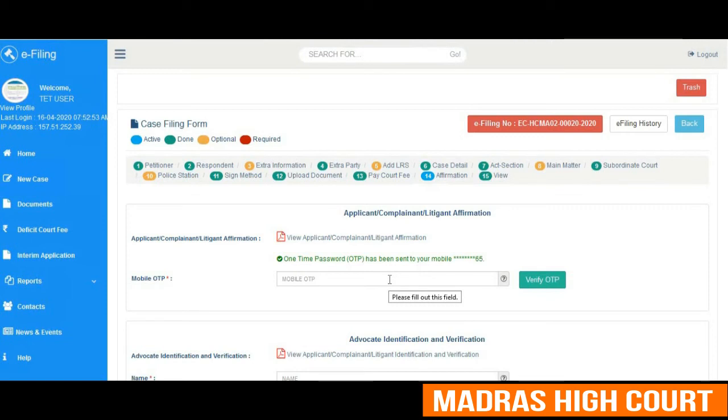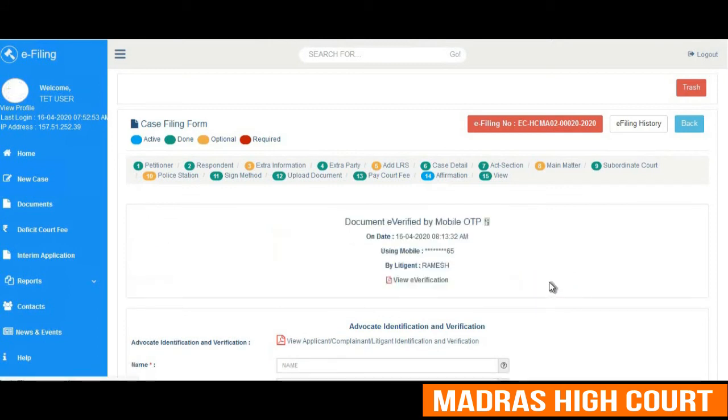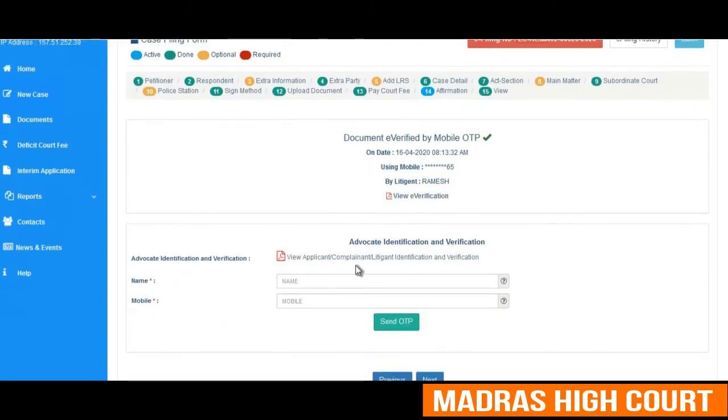We know that the user has opted for the mobile OTP option for uploading his documents, and that is the reason we are using this option now. You can see that the user is typing his mobile OTP and verifying it. One can see that the document has been e-verified by the mobile OTP.